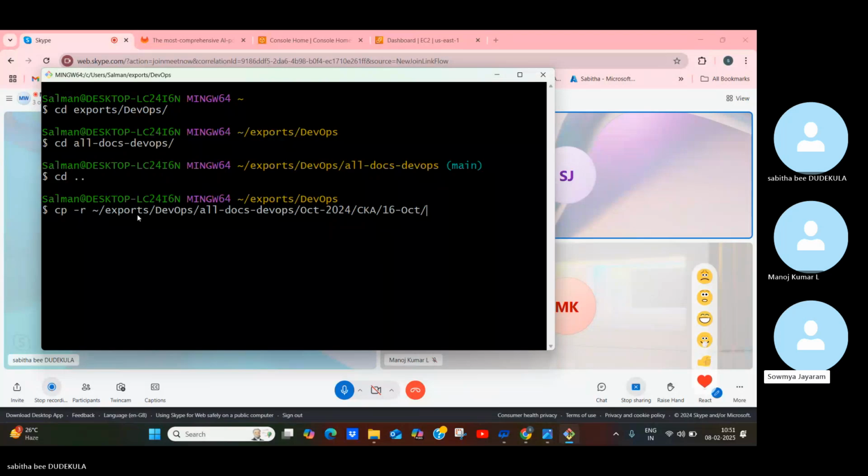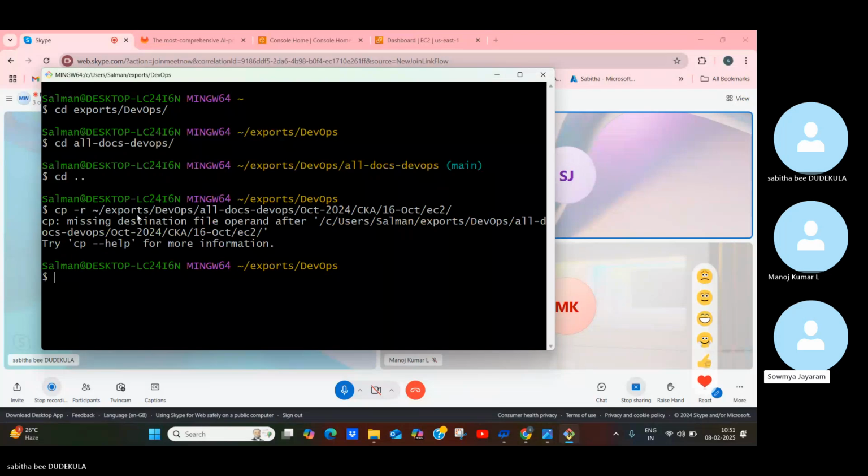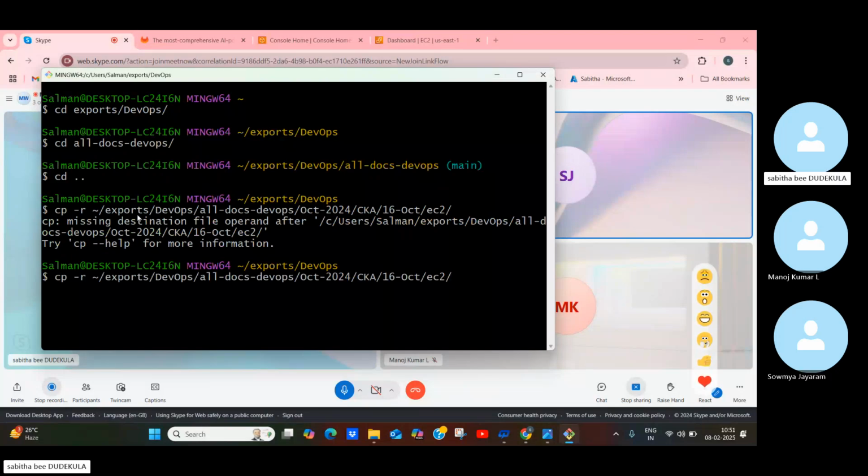Okay, now we give EC2. The tab is not working. Oh, it is working, Soumya, now. Okay, enter. No, enter. Use up arrow. You just give a star symbol at the end, asterisk symbol, space,